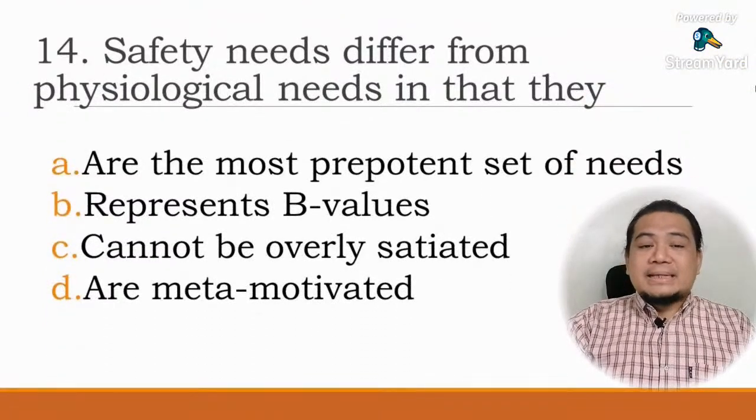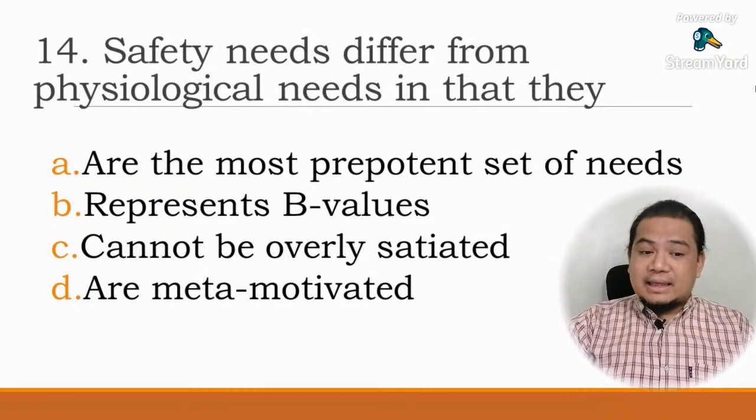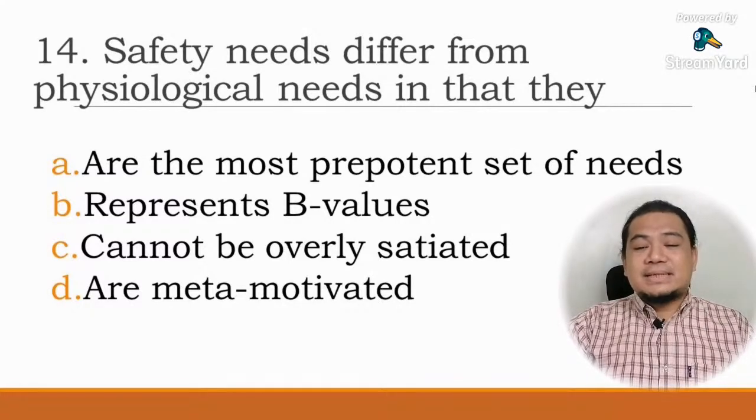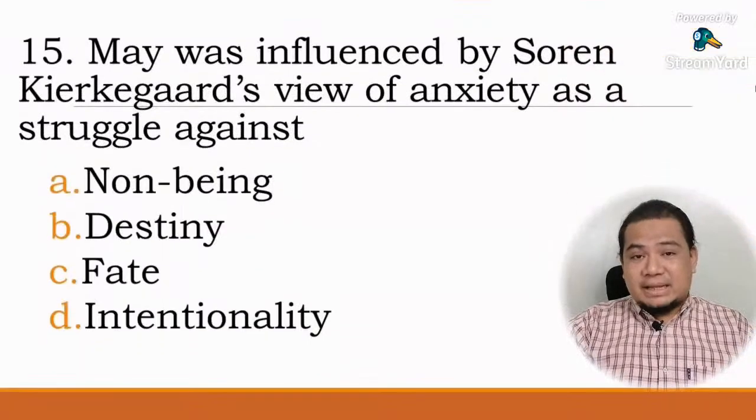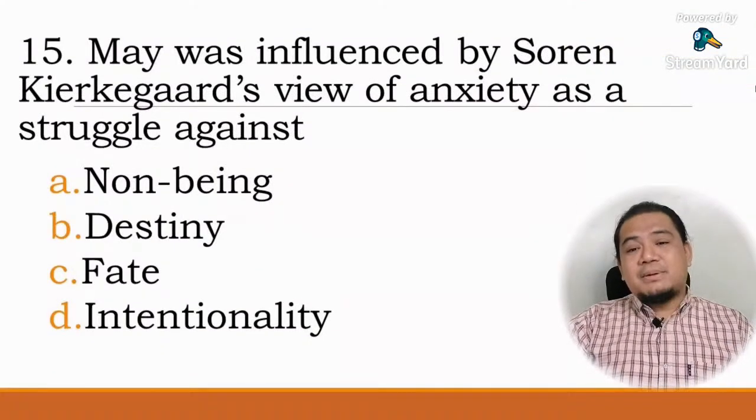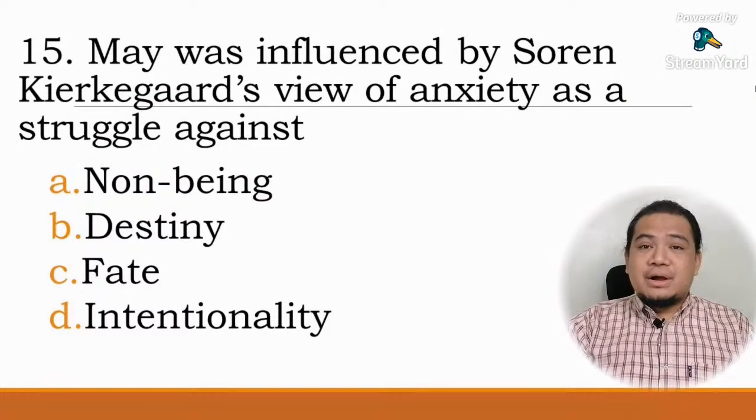Number 14. Safety needs differ from physiological needs in that they A, are the most prepotent set of needs, B, represents B values, C, cannot be overly satiated, or D, are meta-motivated. Number 15. May was influenced by Soren Kierkegaard's view of anxiety as struggle against A, non-being, B, destiny, C, fate, or D,